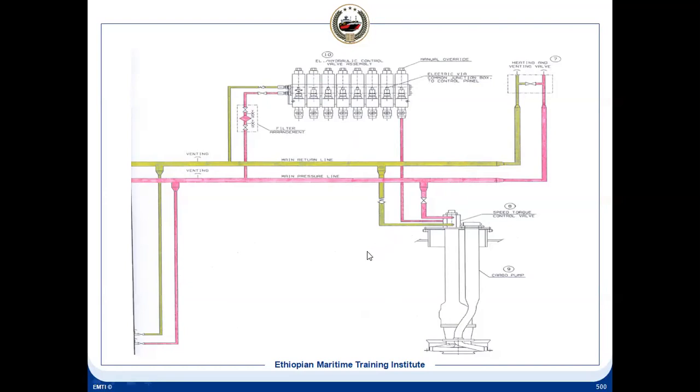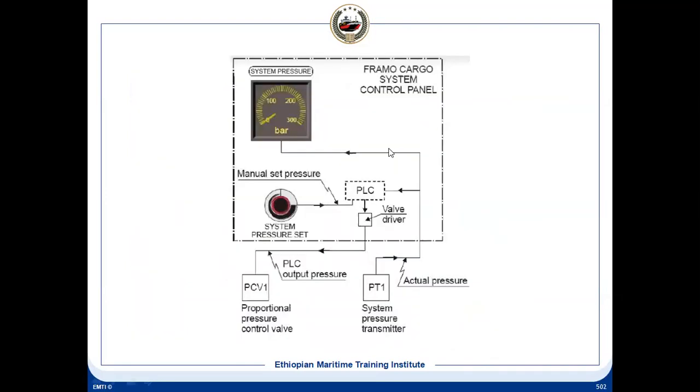So this is the system you have, and this is the control you'll be having in the CCR, by which you can see this is the proportional pressure control valve, and this is the system pressure to be maintained. This is also coming from here because all the input is here. So accordingly, what will be the system pressure? It will be maintained from here, and this is the PLC output pressure, and this is the PLC, and you can change the pressure setting. You can change it depending on the requirement. You can change it manually. You can set the desired value, and then the PLC will give you the output accordingly.